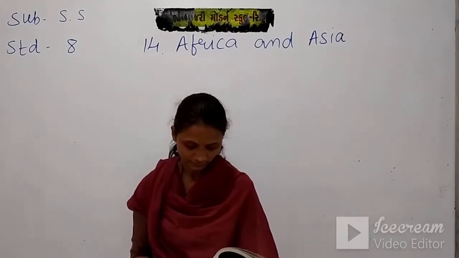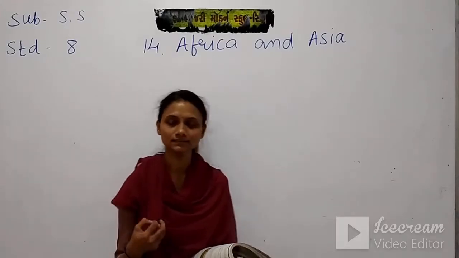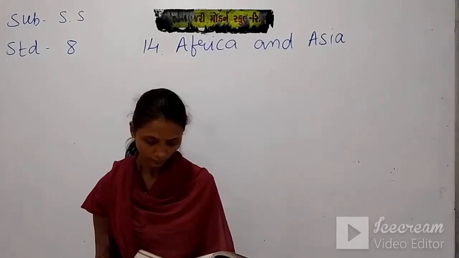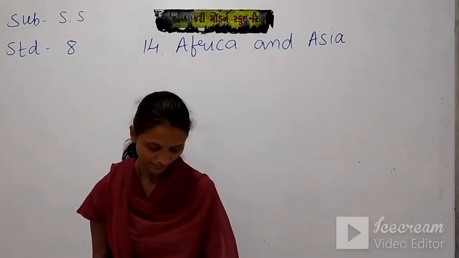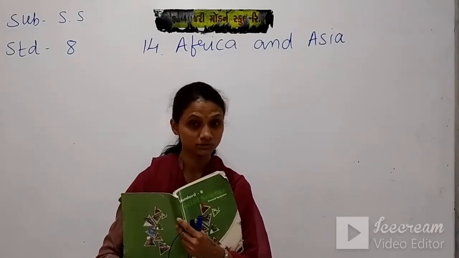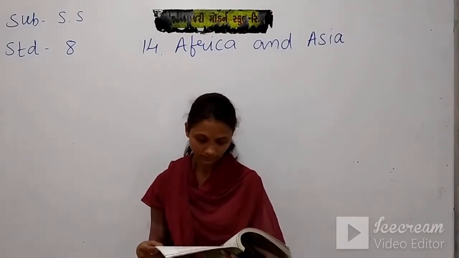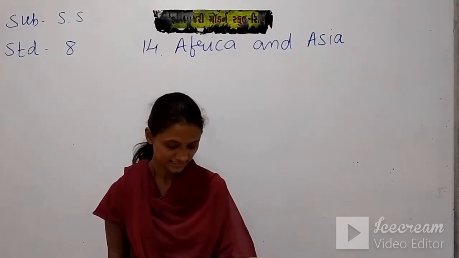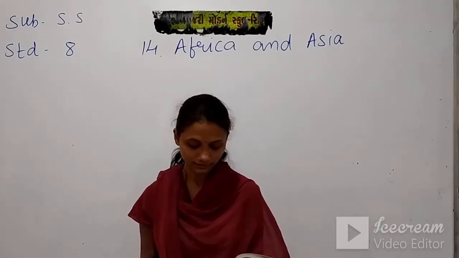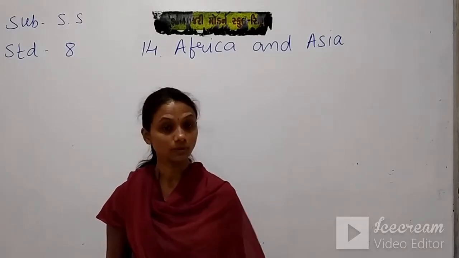Climate and vegetation. The climate of Africa is quite diverse. Diverse means here you will find the climate very different. Varying temperature and precipitation lead to a wide variety in vegetation too. Just because we have a diversified atmosphere and diversified temperature, the vegetation we can see differently. Equatorial rainforests are seen in the equatorial region. Extremely hot and humid climates support trees like mahogany, ebony, longwood, rosewood, ironwood, rubber, cinchona and bamboo.